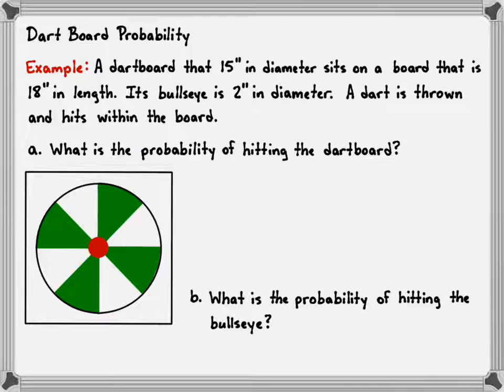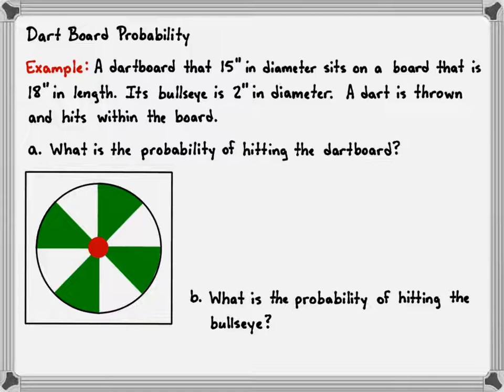And so you, as a good friend, decide, you know what? I'm going to give you another shot. We're going to pretend that never even happened. I'm going to let you go until you at least hit the board that the dartboard is mounted to. All right, anyways, the dartboard is 15 inches in diameter, so that means the circle is 15 inches